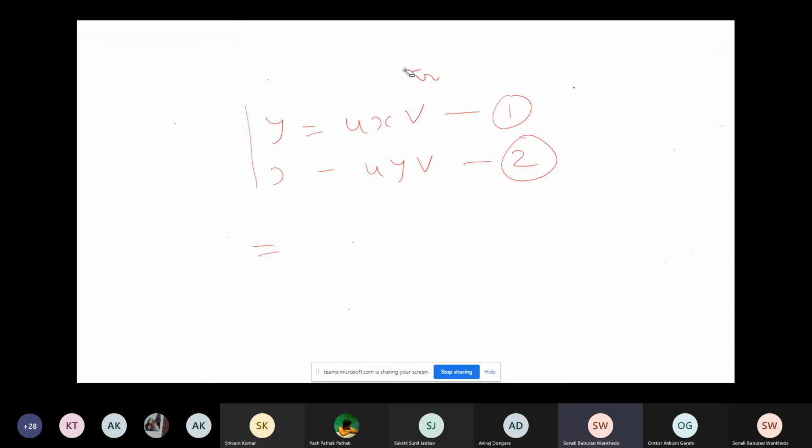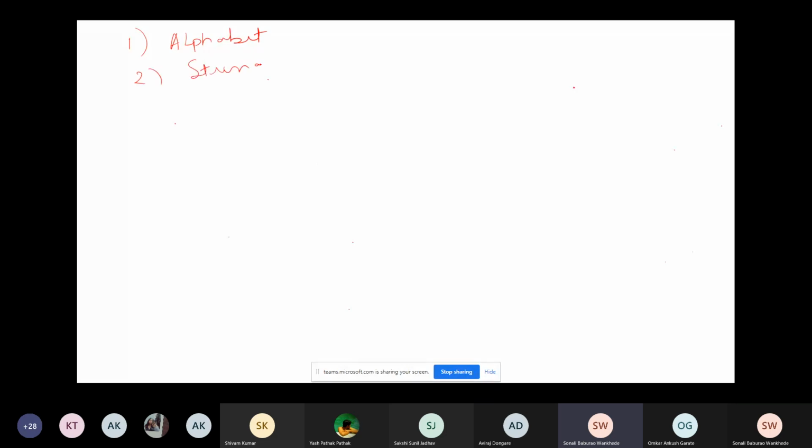So till now, we have seen a few of the rules. We have seen how we denote an alphabet, then what a string is and how it is denoted. Then you have certain operations like concatenation, and we have seen that it is x dot y.